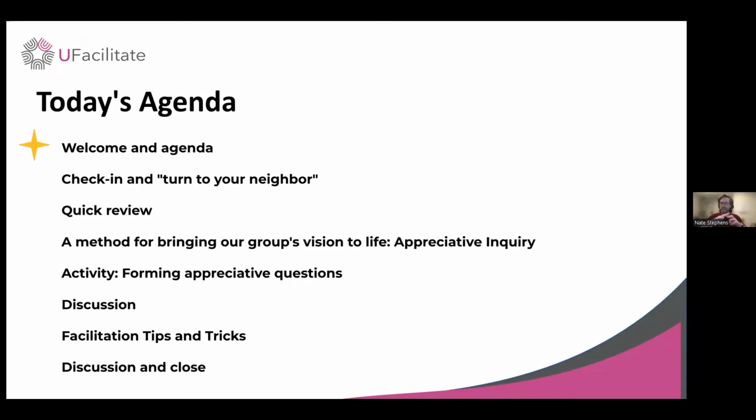I think we have everybody on the full spectrum there, but what would an appreciative inquiry lens look like for that experience? And you'll have a better understanding of what that means when we get there. We're going to have a little discussion around that. I have a couple of slides of just some of my tips and tricks that I've pulled together over the past couple of years. And then we'll just close with some discussion, some more informal chat about what we're seeing, and the theme today being kind of how do these things tie together? How does that sound to folks? All right, any questions or additions before we get started?